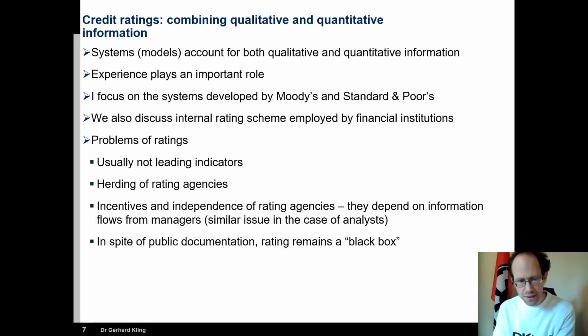Now, credit ratings, and we spoke about them before, they try to do this work, and they of course focus on the default risk, not on recovery. That's done in a separate way. So they focus on the default risk component, combining qualitative and quantitative information. We already discussed some of the issues, but the main struggle, of course, as an outsider is, well, we have to rely on how these institutions operate.